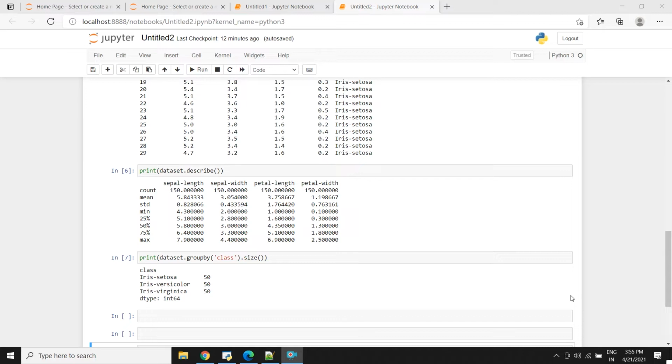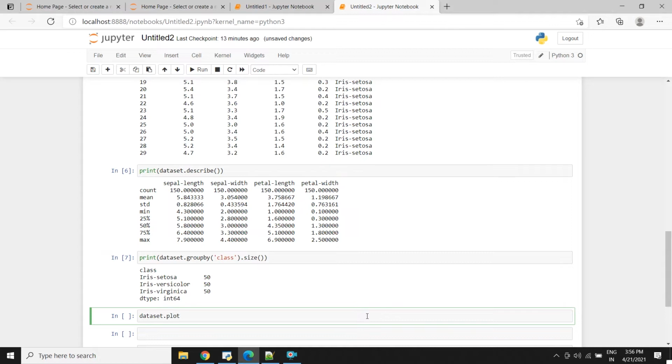So we'll be creating univariate plots to better understand each attribute, and next we'll be creating the multivariate plot to better understand the relationship between different attributes. So we start with some univariate plots, that is, a plot of each individual variable. Given that the input variables are numeric, we can create a box and whiskers plot for it. So let's move ahead and create a box and whiskers plot.